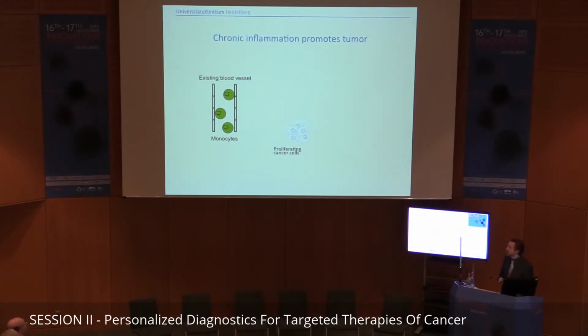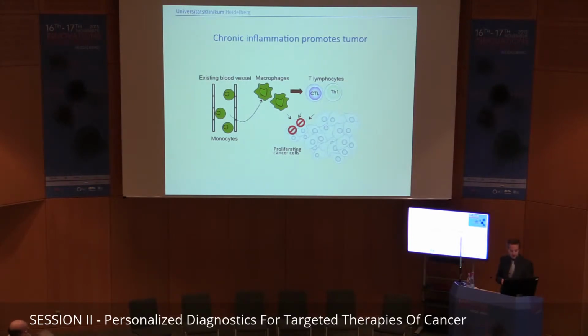Now, chronic inflammation is quite different from acute inflammation in that it can actually promote tumor growth. In the initial phase, the proliferating cancer cells will, like pathogens, elicit an anti-tumor response mediated by macrophages and the adaptive immunity. But once the tumor outgrows the immune response of the innate and adaptive immunity, you have the